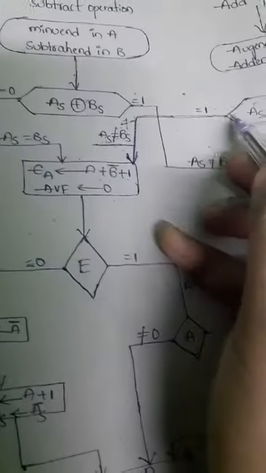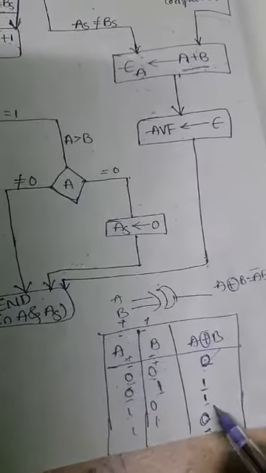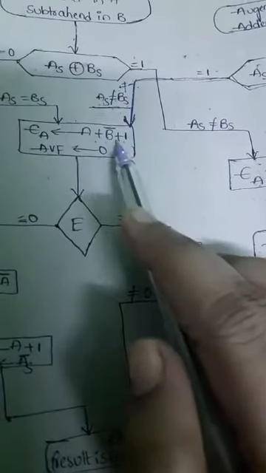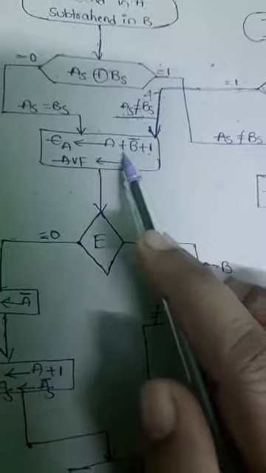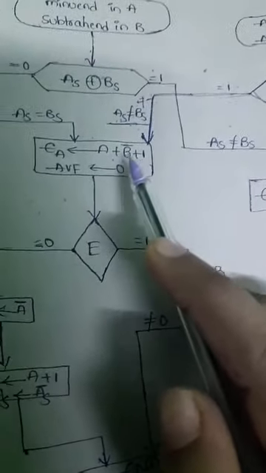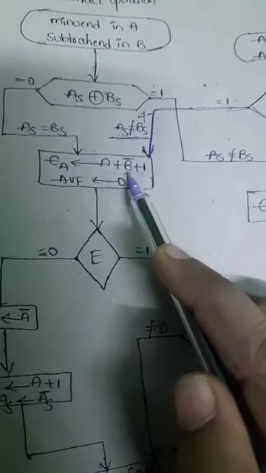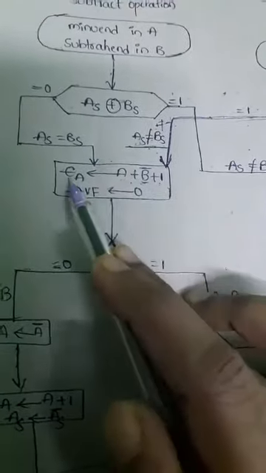So that's why, if both the signs are different, we get the XOR result as 1. Then the operation is represented as subtraction, that subtraction operation is A plus B complement plus 1. So we have to add the 2's complement of the second register to the first register number, and the result is transferred to the EA.